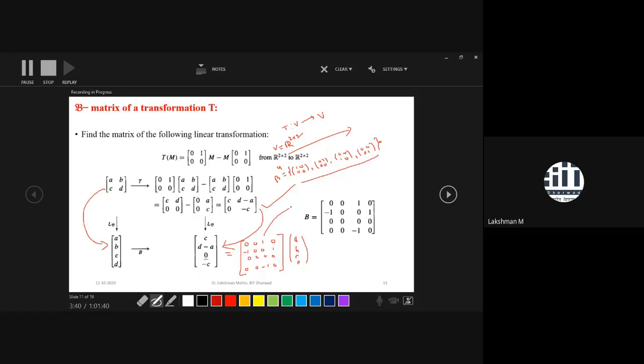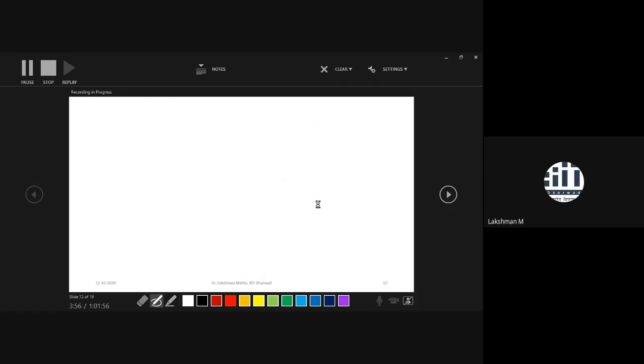So that is the matrix of the transformation. Directly you got it. So a space of matrices is also behaving like a square kind of Euclidean space. That's why it is very simple to find the matrix of a linear transformation defined over any space of matrices.